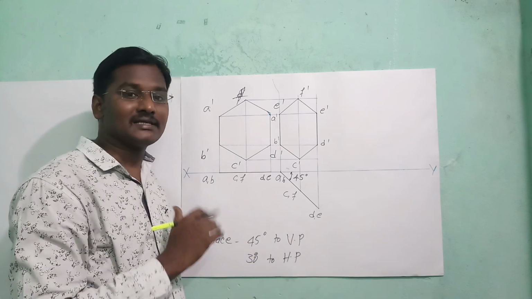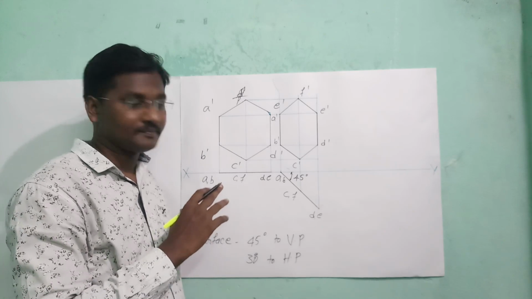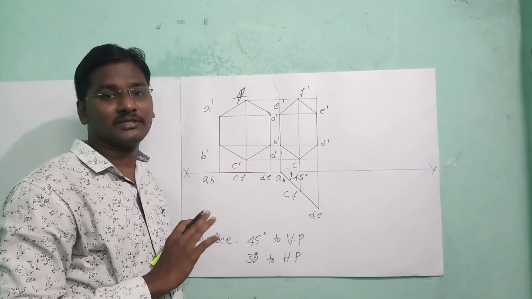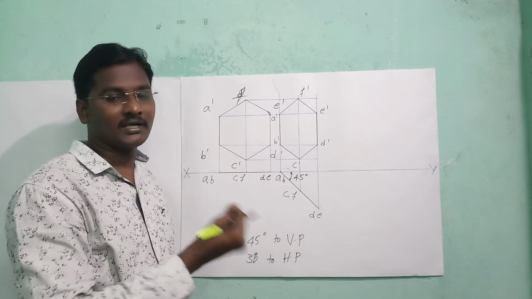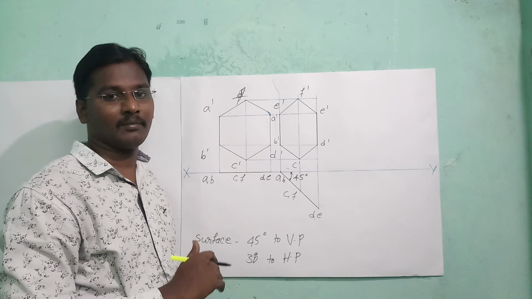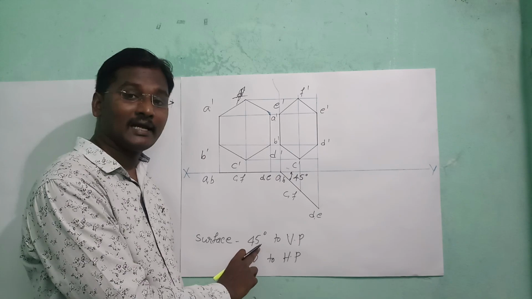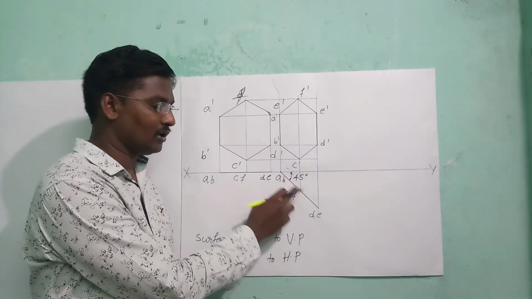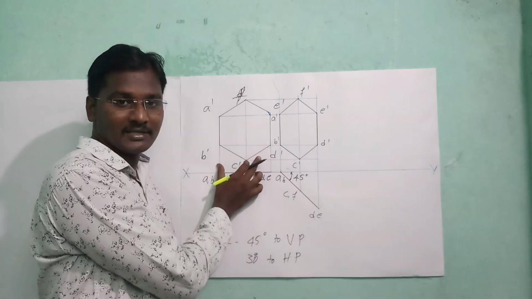In some cases, the problem may be like a circle, and he may ask for the top view as an ellipse. If you go through the textbook, you may understand, and in the next classes I will make a video of the diagram also. Now look here. The surface is inclined at 45 degrees to VP. I have taken the surface as the second position and drawn the diagram the same.